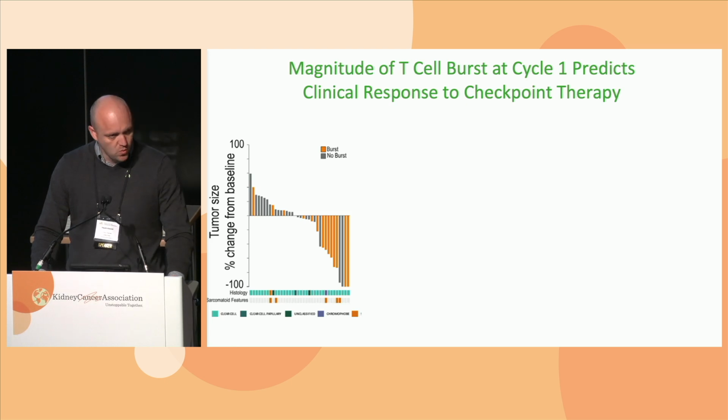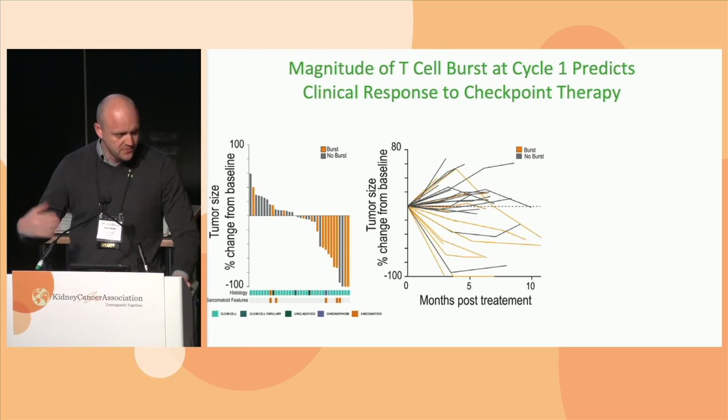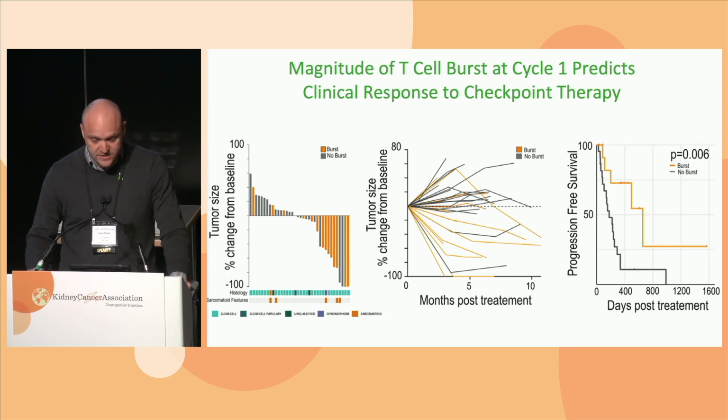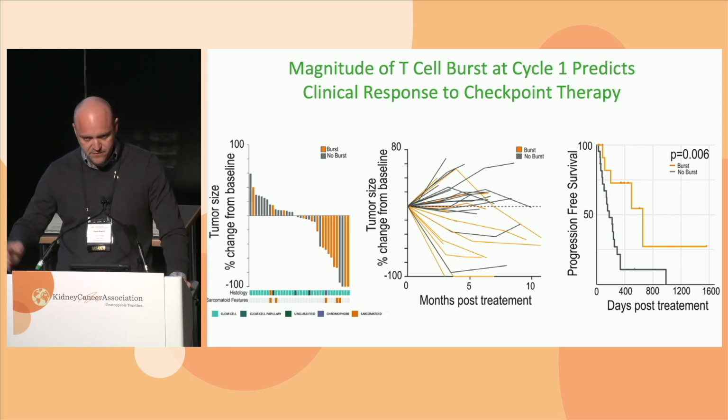So this is just a waterfall plot. Orange is an optimal cut. Above that cut, they had more activation. Below that cut, they had less. You can see very strong, clearly, all our patients with the strong tumor regression had this activation in their blood on the first cycle. I can show you spider plots. This sort of plays out with many patients. And then there's an overall survival benefit, progression-free survival benefit, where we can actually sort of predict on the first cycle who is going to have a clinical benefit from these.